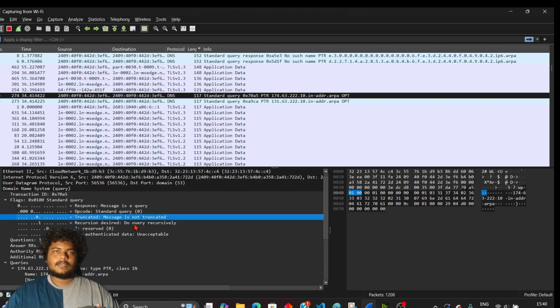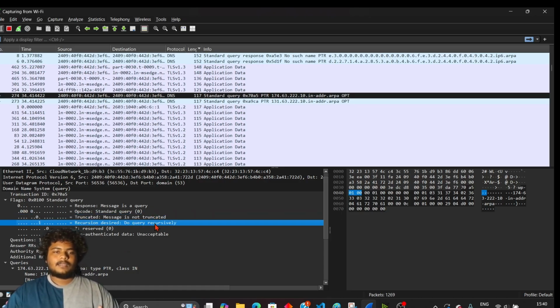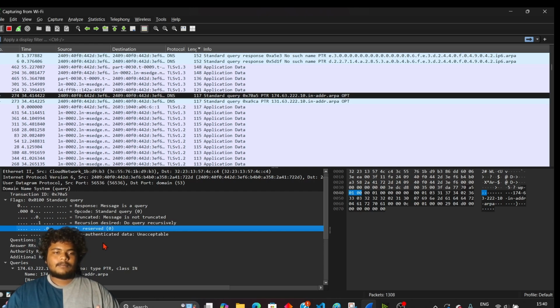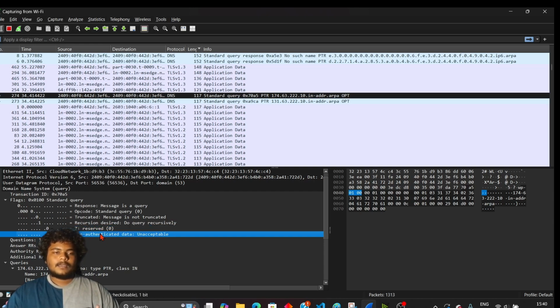Truncated means it should carry some, it does not drop any bits during that query transmission, and that do query recursively. So it should desire the recursiveness, and reserved is zeros. Non-authenticated data unacceptable means